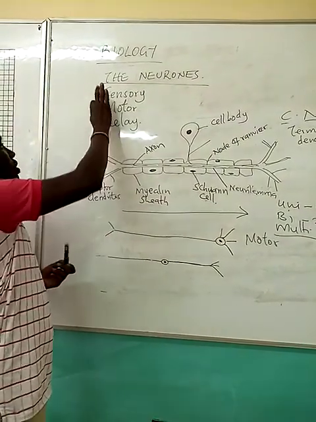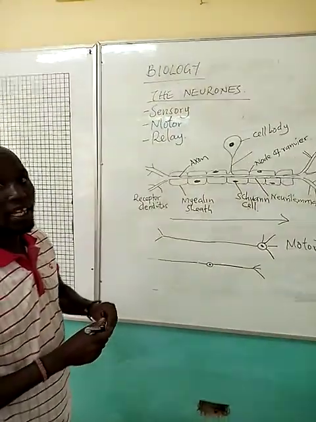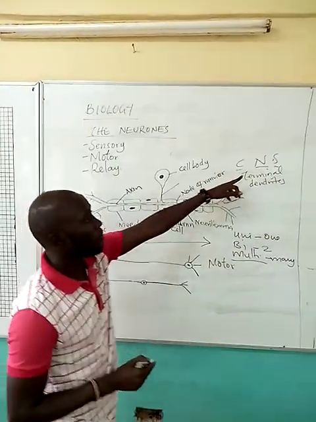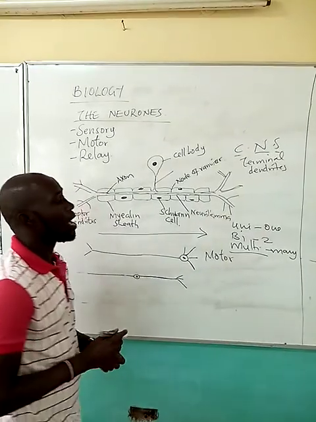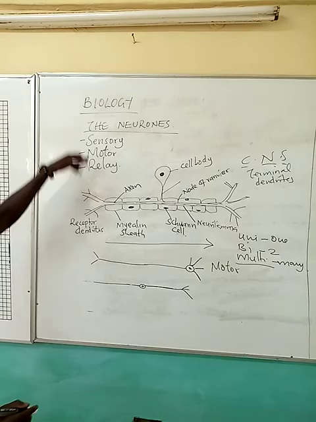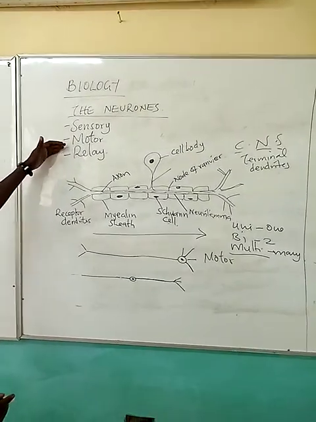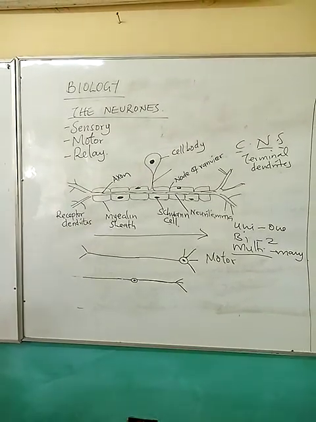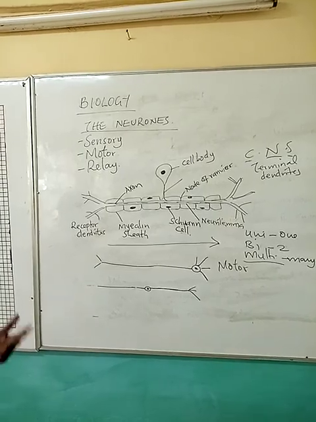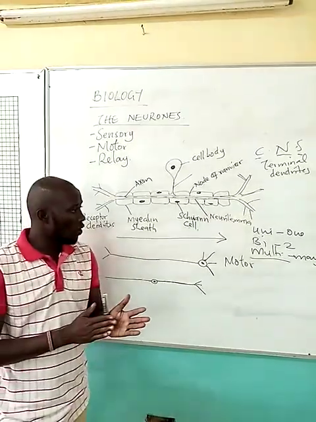If you look now at the function of these neurons, the motor neuron takes information from the central nervous system to the effector organs, while a relay neuron relays the information between the sensory and motor neuron. So that is the basic plan of a neuron and how they function depending on whether they are multipolar or unipolar. So that is our lesson of